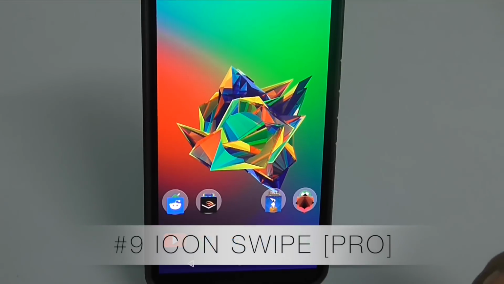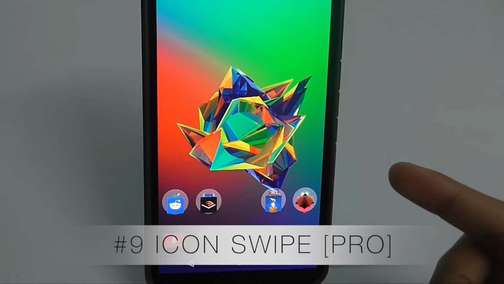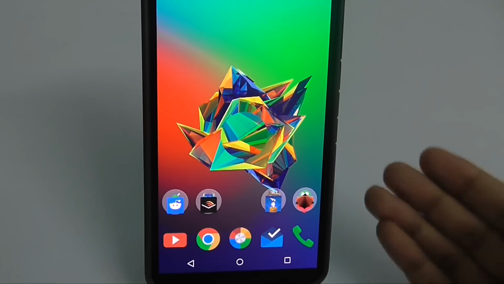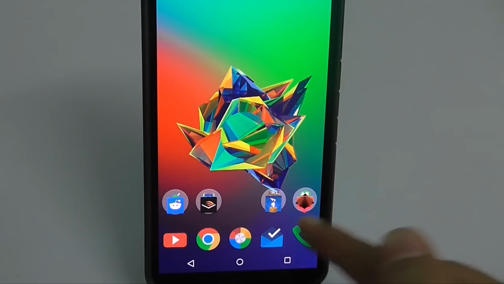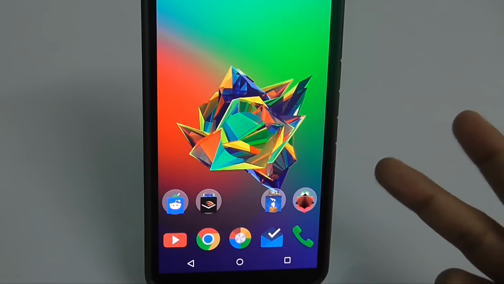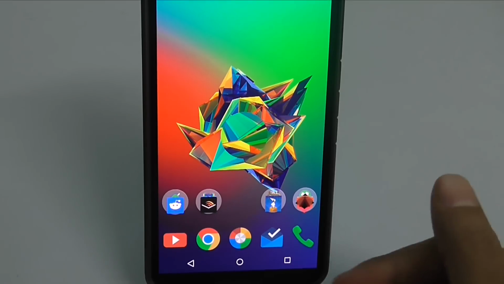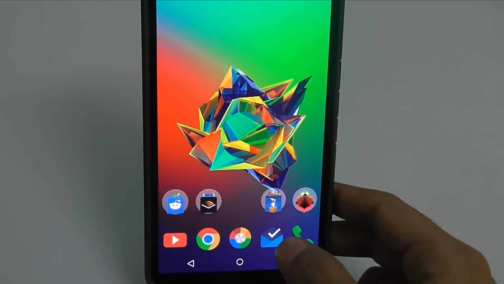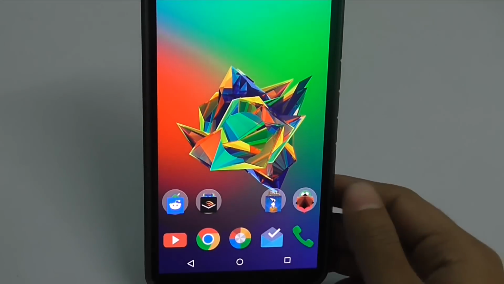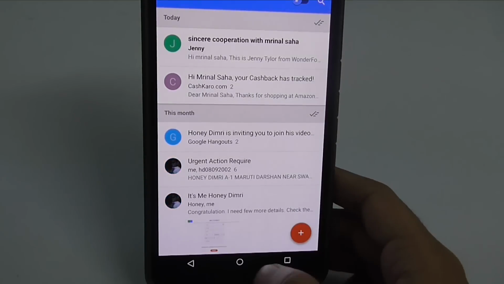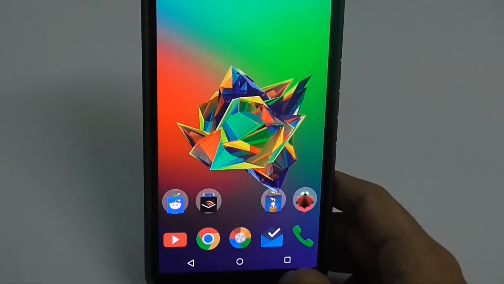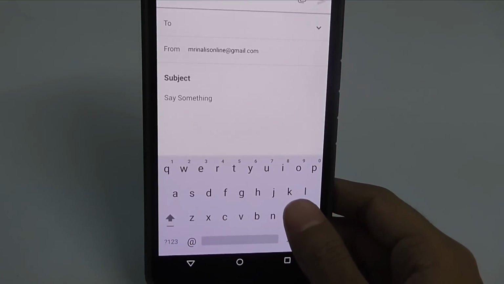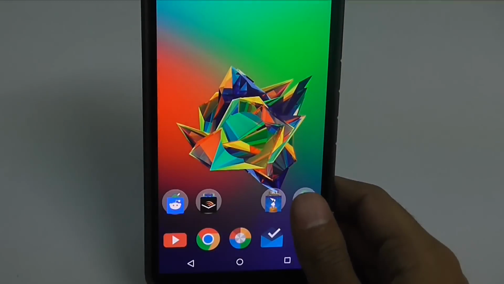Number 9. Swipe up. So this swipe option is the second most useful feature of Nova Launcher, and let me give you an example of what it does. So we use Inbox for 2 things, one to read the emails and second to send an email. Now the cool thing is you can do both of these actions directly from the app icon. For instance, if I open the app, it will open the regular mailbox, right? Now if I swipe up the app icon, then it will launch the compose box.